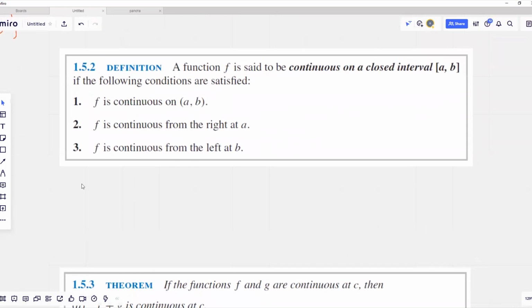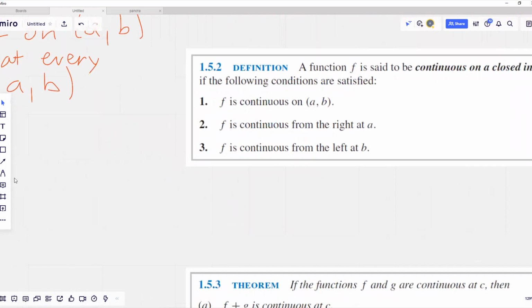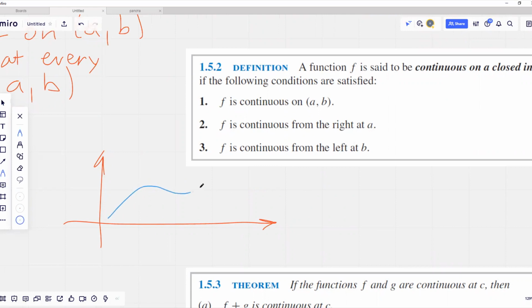Second, when we are approaching the left endpoint of our interval a from the right, that one-sided, right-hand-sided limit should exist and should be equal to the value of function at